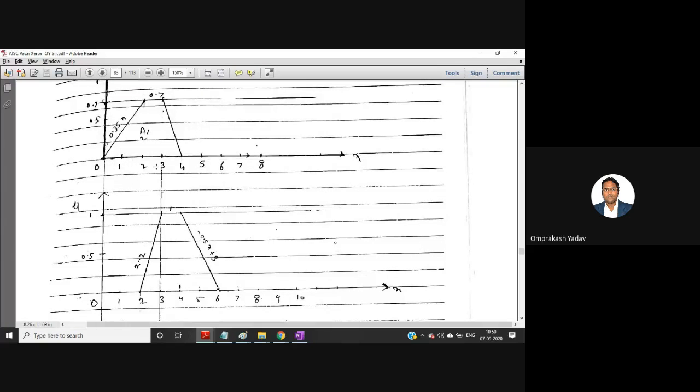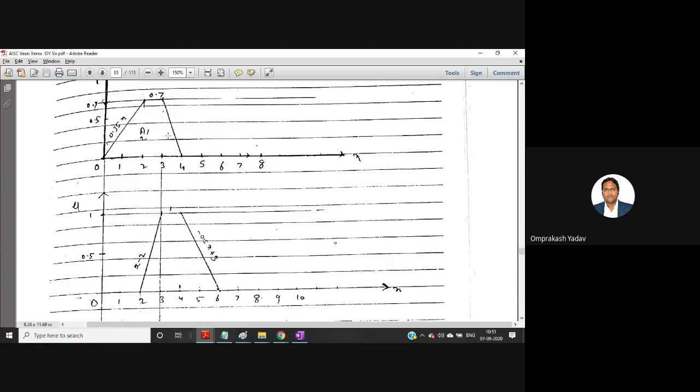And the length of the below one is what? 1 unit, 2 unit, 3 unit, 4 unit. So the total below length is 4 unit, and this is 1 unit. So the sum of the parallel lines is 5. And the height of this one is 0.7. So the formula is 1 by 2 into height into the sum of the parallel lines. That is the area calculation, multiplied by